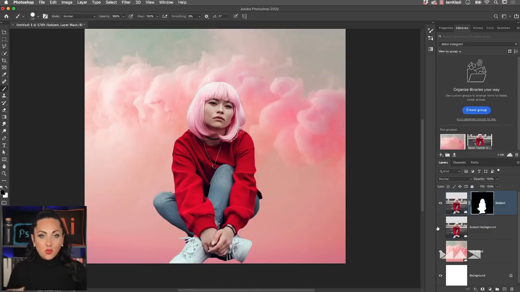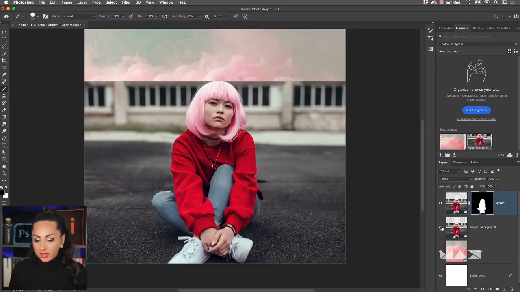As you can see, the reason why I've created duplicate is so we could work now with the background into a separate layer, again, giving us more control of what's going on into our composition. I'm going to create another mask for the background in order to start to build the cloud and bring them into our background. In order to do so, I'm going to create another layer mask by selecting the layer and clicking on the mask, a little icon at the bottom of my layer panels.